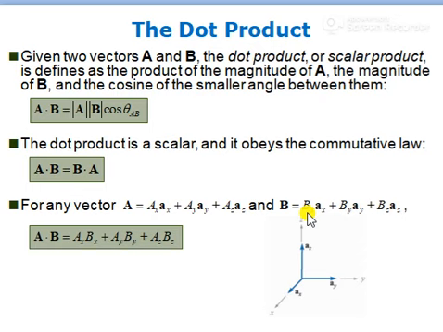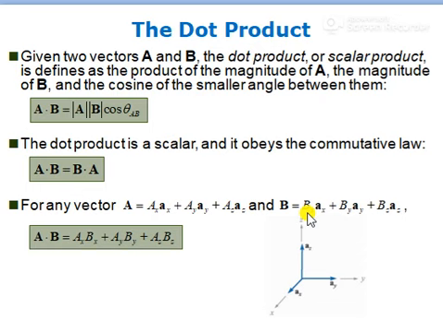Now if we consider two vectors, vector A and vector B, there are two types of products existing depending upon the result of multiplication. These two types of products are, first one is dot product and second one is cross product. So that I have shown here, first one. That is what we'll discuss today. First one, dot product. After that we'll see the cross product.